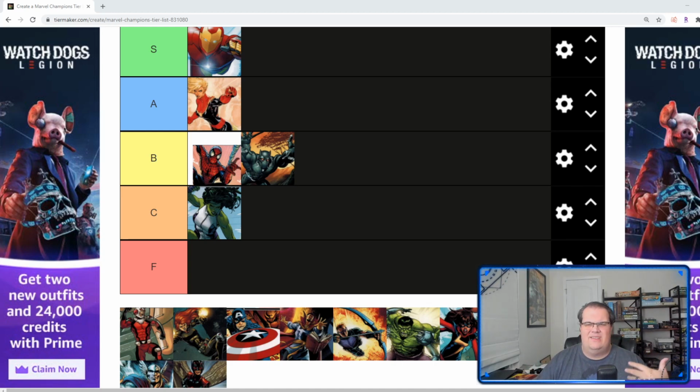Spider-Woman, the ally, is a decent ally. It's not the greatest ally out there, but still okay. And in my opinion, the fact that she can do so much because she can draw so many cards makes her really good. The only reason why I don't put her as an S tier is I feel like her playstyle is really kind of